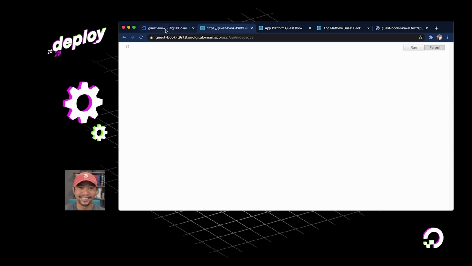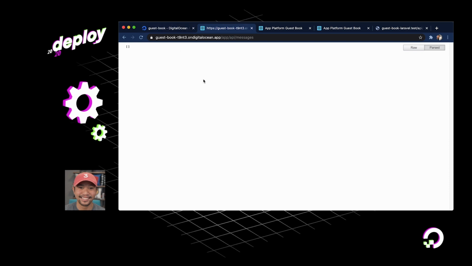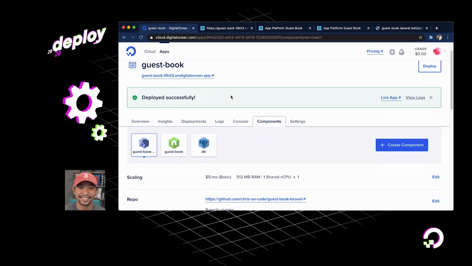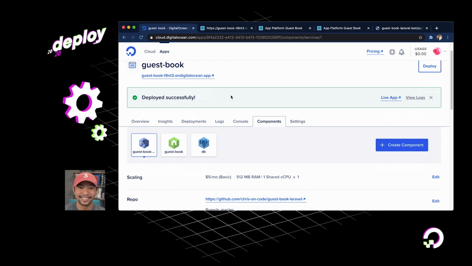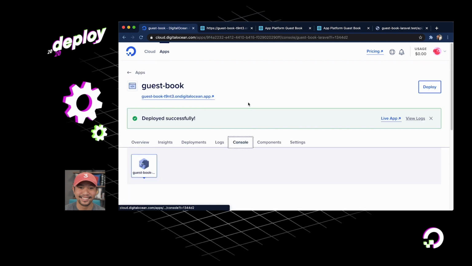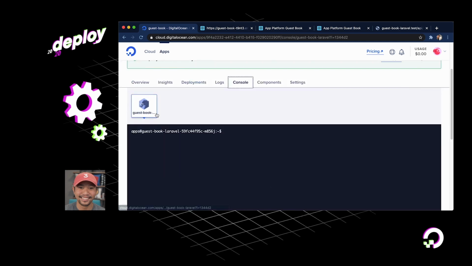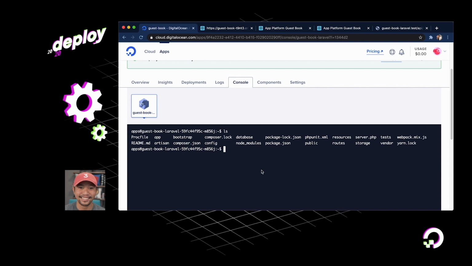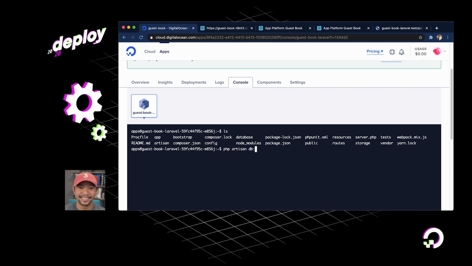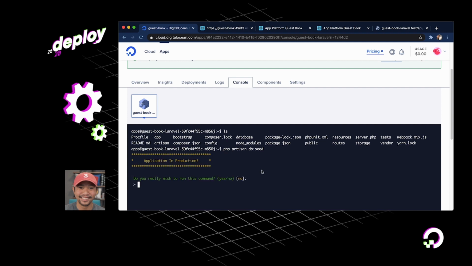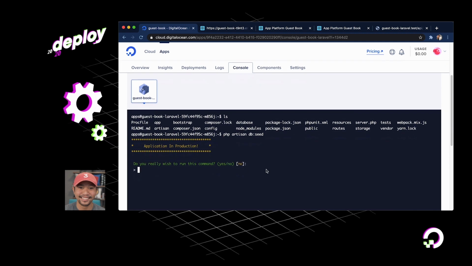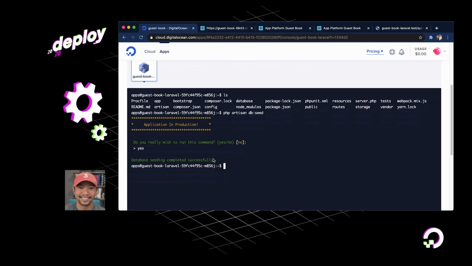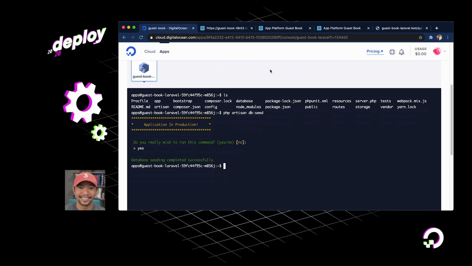Okay, so we have a command in Laravel to get some dummy data into this messages. So we're going to go over here, and usually you would SSH into your droplet to go run some PHP commands in the Laravel app. Right here, we can say, let's go into our console and load this up. Here we are in our Laravel root for the GitHub repo that we just deployed, and I'll just run php artisan db:seed right there. Application is in production. Do I want to run this command? Let's go for yes. Database seeding completed successfully.